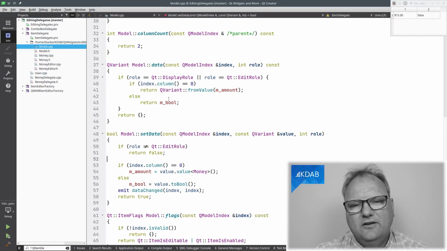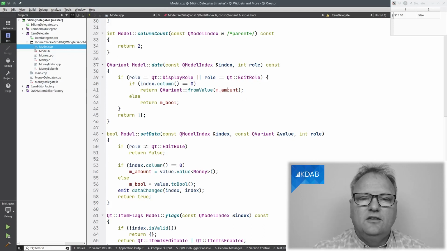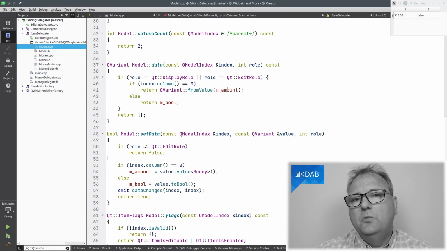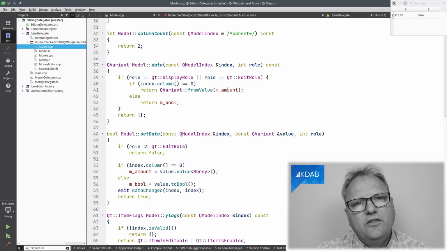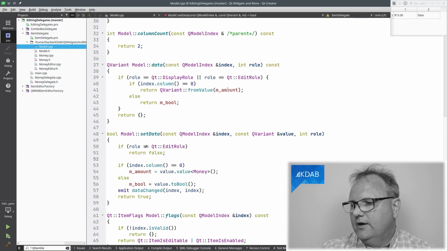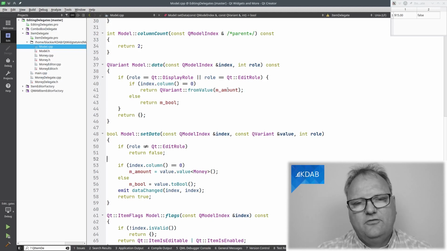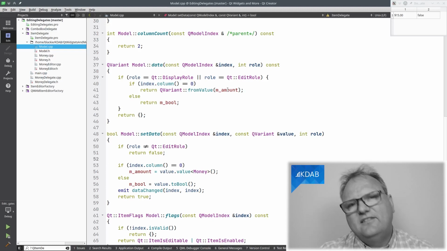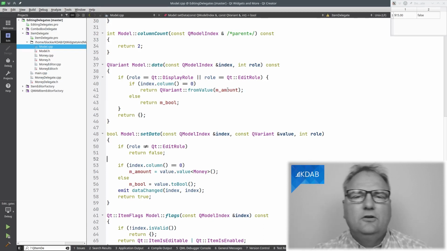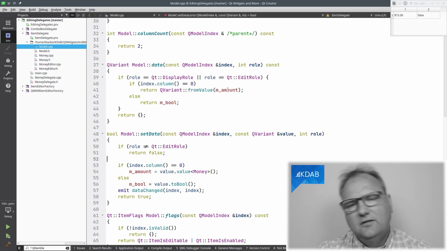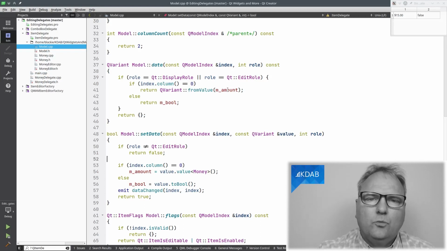There's a bit of debate on whether you should be returning something different from string in the display role. But personally, I like doing that because my models sometimes have multiple users. One user would be the view, as we see here, but another user might be an export to LibreOffice or Excel file kind of formats. And in that situation, it's nice to be able to get your hands on the data. Of course, I could do that via the edit role, but in any case, one thing that's worthwhile noticing here